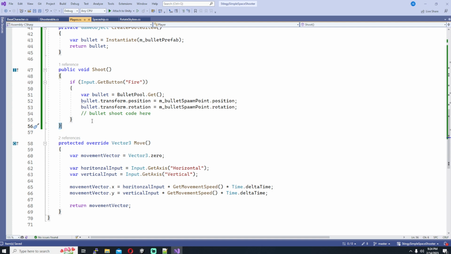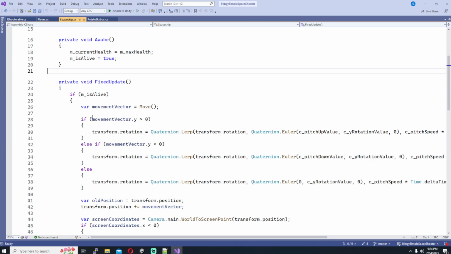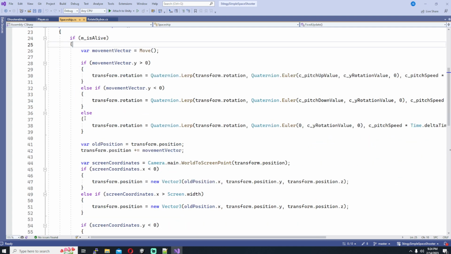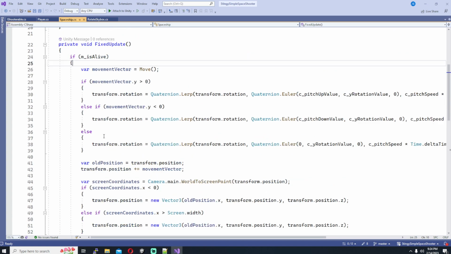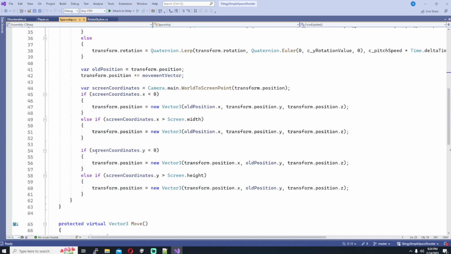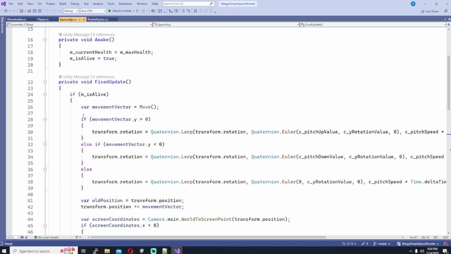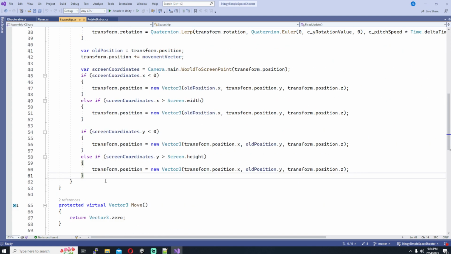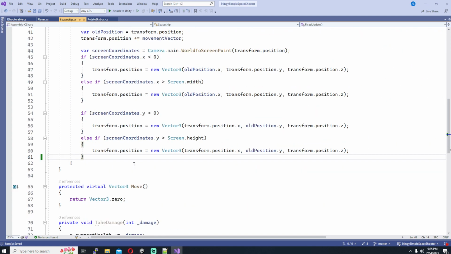So how and where do we call our shoot function? Let's go to our spaceship base class. Our spaceship base class has our fixed update, and so far we have some code for moving around and constraining our spaceship in the screen. We also want to now add code for taking care of shooting. So in our fixed update,